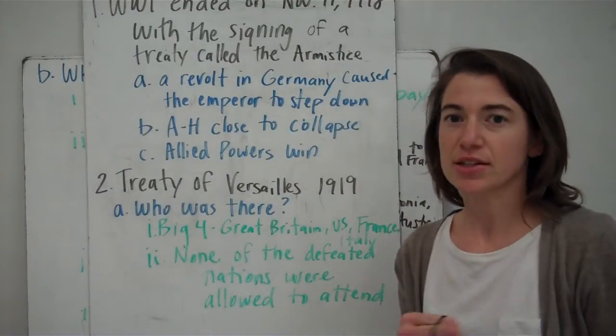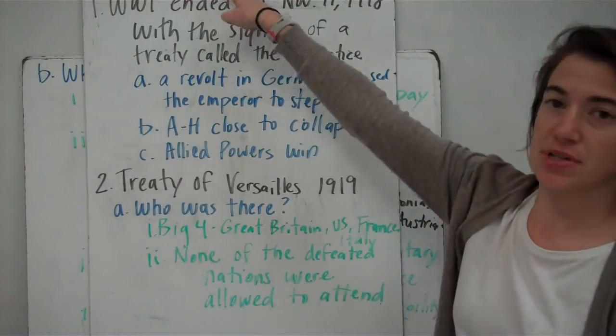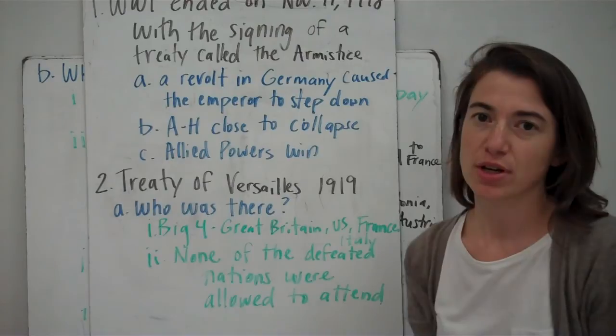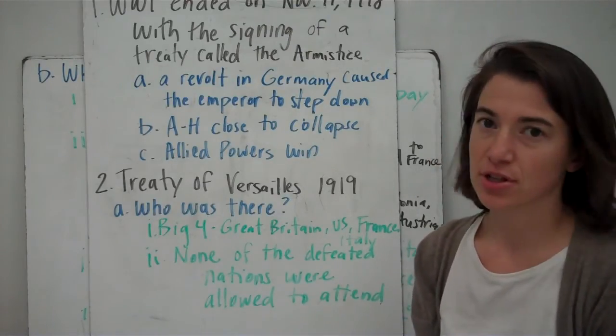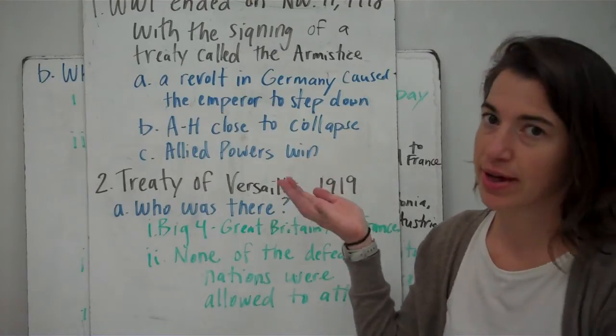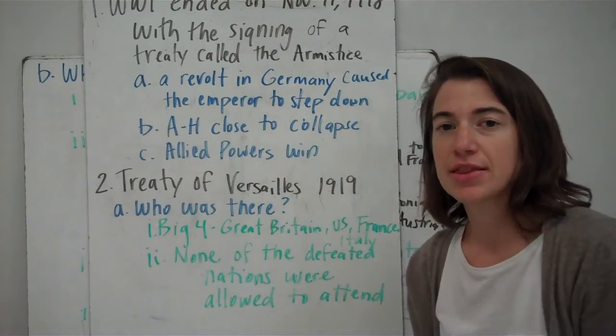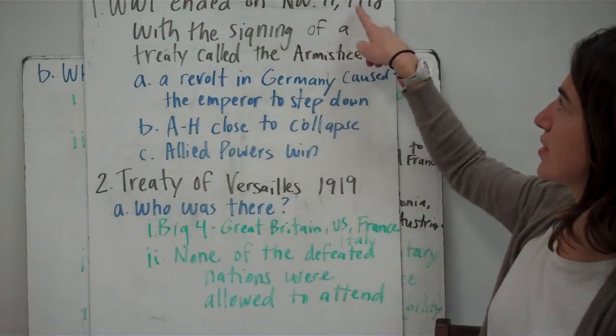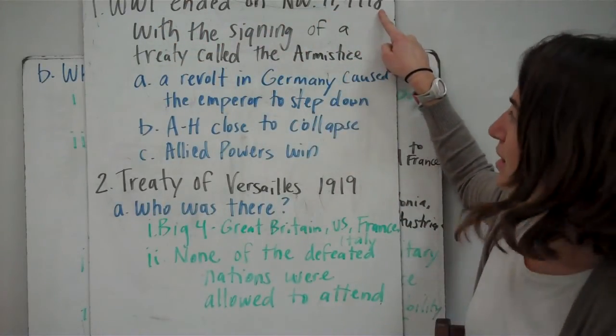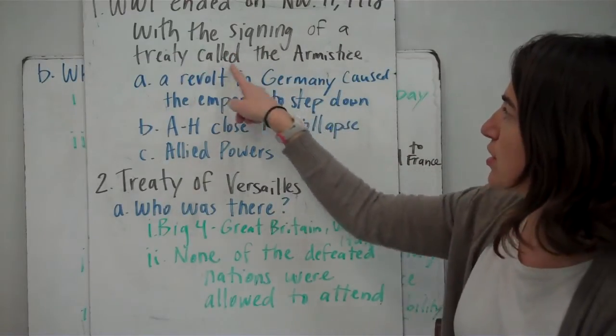Alright, today's lesson is on the outcome of World War I. So how did the war to end all wars end? Now we'll first look at exactly how it actually ended, and then we'll look at the effects that happened after that. So World War I ends on November 11th, 1918, with the signing of a treaty called the